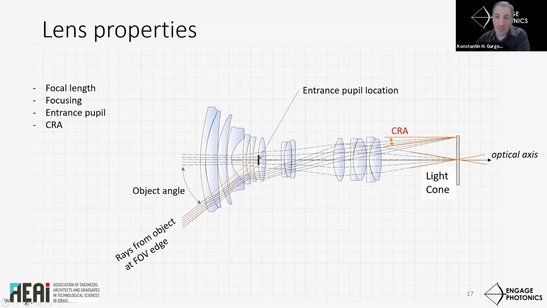While at the field of view center, the ray cone converges normally towards the image, in the off-axis situation, it is not so. The ray that goes through the cone center is called the chief ray. And due to some constraints, its angle relative to the optical axis can reach above 30 degrees for some lenses. We're talking about this angle here. And that can be a concern for some applications, and we will talk about that later.